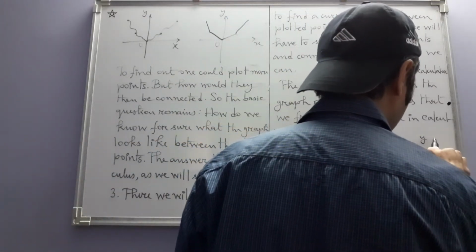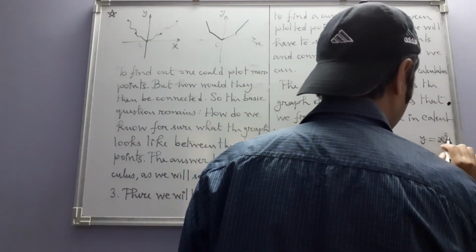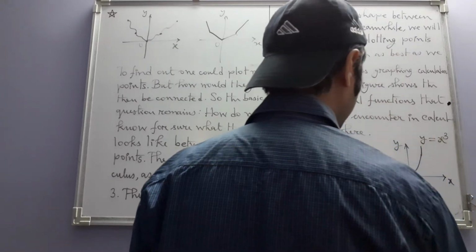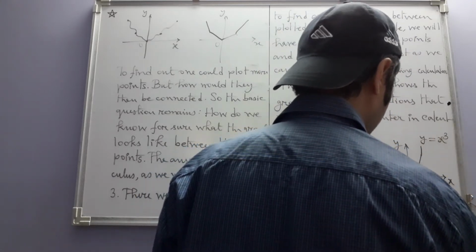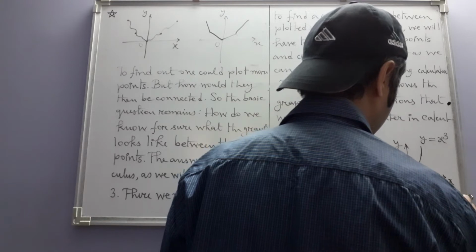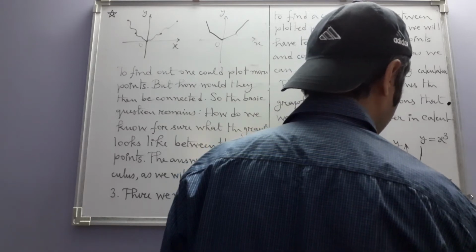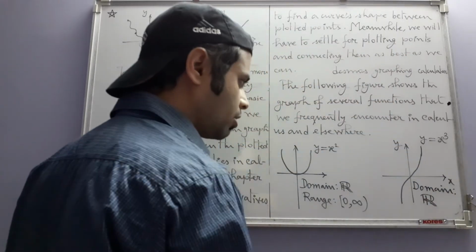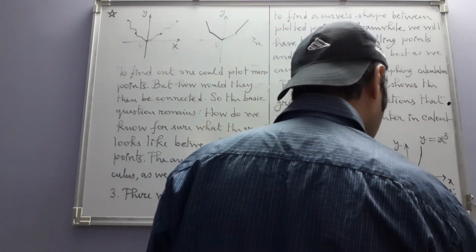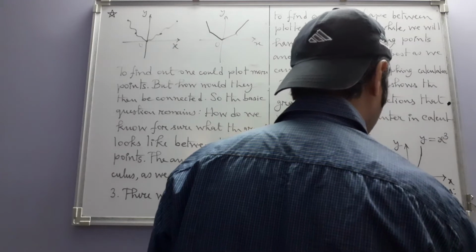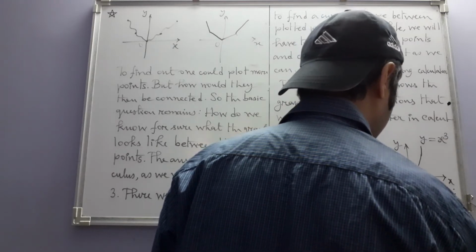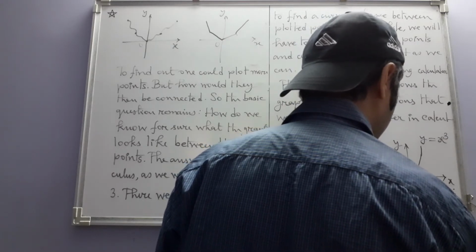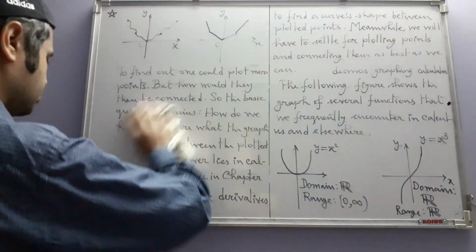So this is the graph of y equal to x cube. In this case, the domain is again the entire set of real numbers, but unlike the square function, the range is also the entire set of real numbers. Then next,